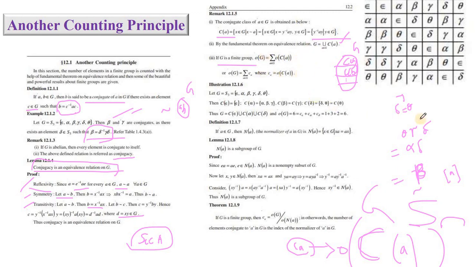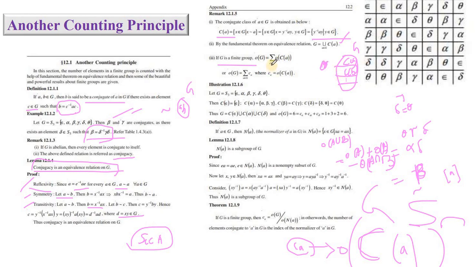So the order of G is, see, we know this result: order of A union B is order of A plus order of B minus order of A intersection B. So if A intersection B does not contain any element, then this term will not come. So the order of A union B will be just order of A plus order of B. And here these are all disjoint, so when you find the intersection, it will definitely be an empty set. So you will not have any element there, so the order of the intersection will be 0.